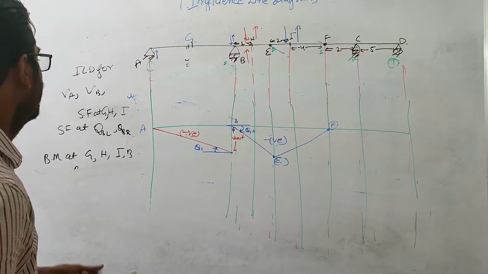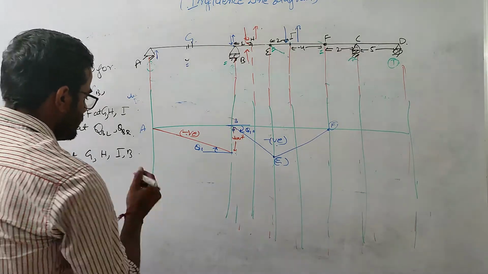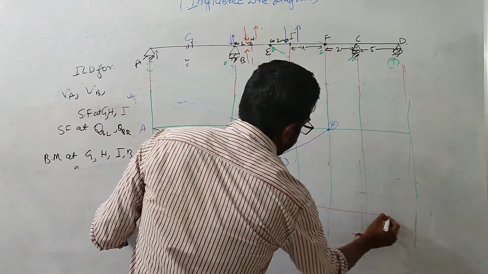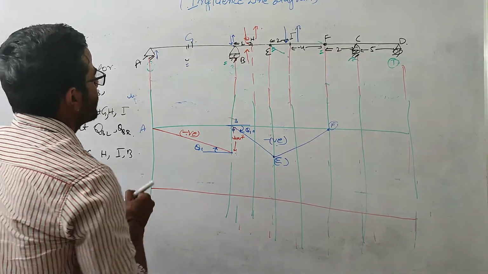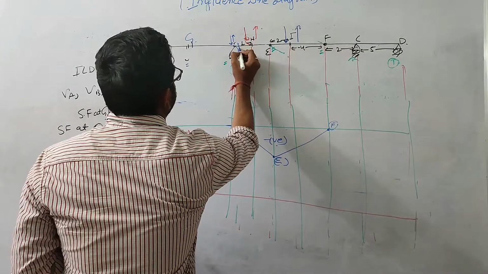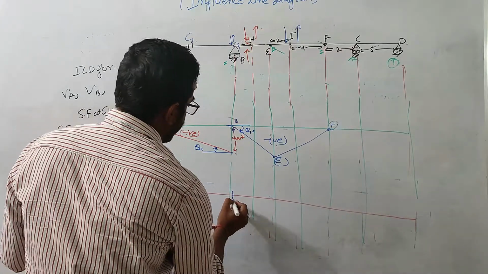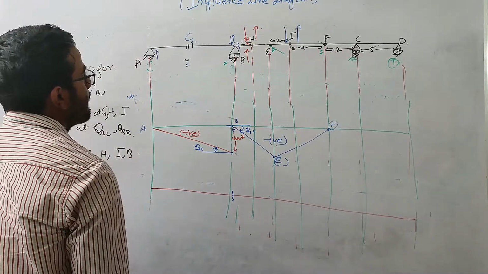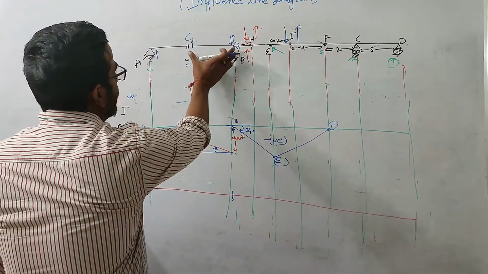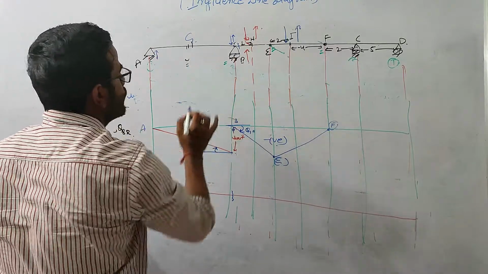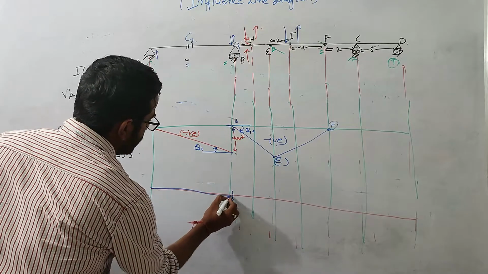Right. Now we'll draw the shear force just at the right of B. When we are taking this point just at the right of B, again I am releasing the shear force at this point. This point cannot move down because it is restricted by these two supports. This portion cannot move, so this will remain a straight line.